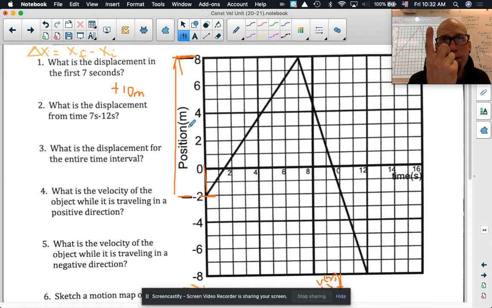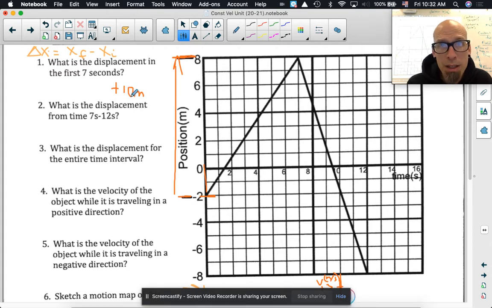Up the position time graph means positive direction, because that's what kind of slope? Positive slope, which means positive velocity, which means you're moving in the positive direction. That's positive displacement. So you need the plus. You need the 10 because that's how many. And you need the meter because that's the unit of measure that describes what the 10 is. You need all of those parts. If you don't put all of those parts for the answer, you will get only part of the points.